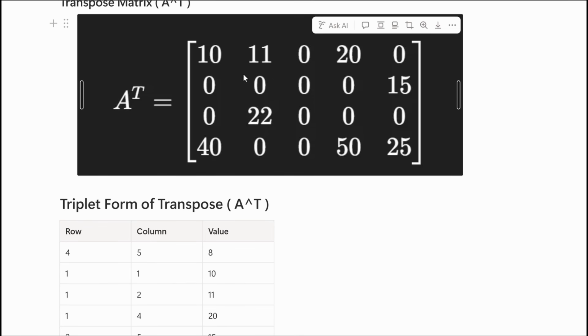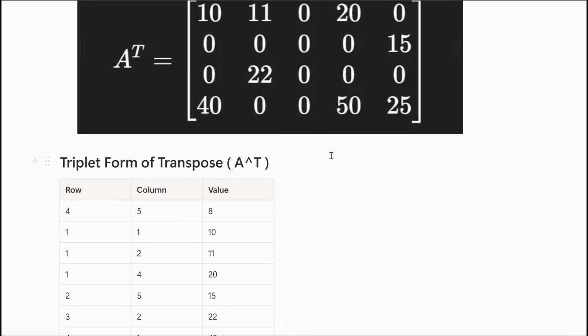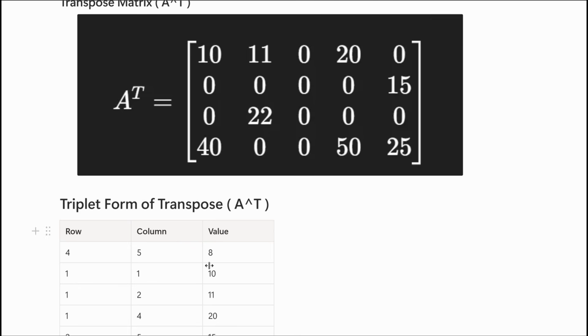And now we will write the triplet form of this matrix. Here 1 comma 1 and 1 comma 2 is 10, 11 like this. See, this one is 1 comma 1. You have written 1 comma 1 10. Here row becomes 4 and column becomes 5 because it is a transpose matrix,